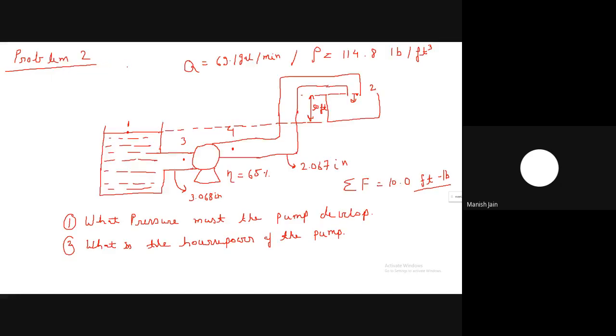So the flow rate is given as 69.1 gallon per minute, multiplied by 1 minute equal to 60 seconds,